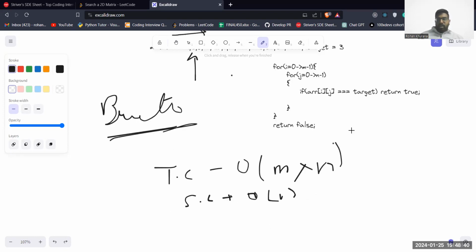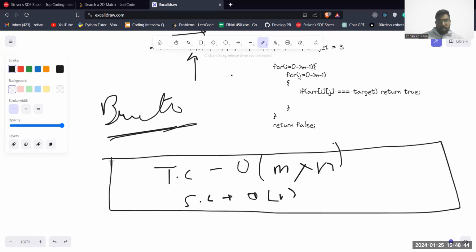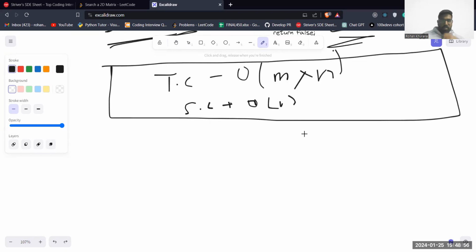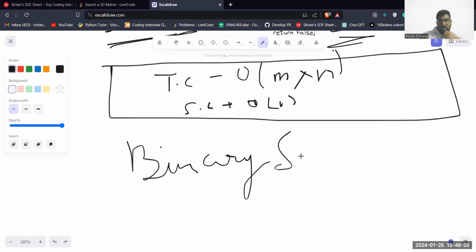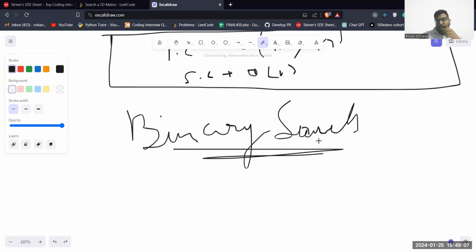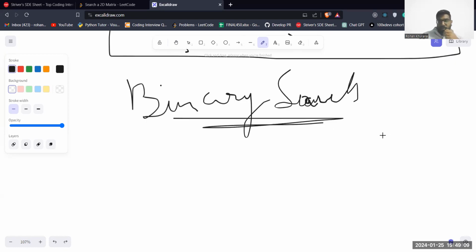Great. So this is the time and space complexity analysis. And you are seeing that you are running two loops. So this is kind of a linear search, right? This is going to be linear search. There is another searching pattern that is known as binary search, right? Let me first tell you why binary search is better than